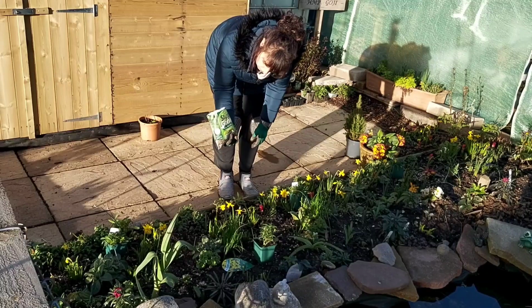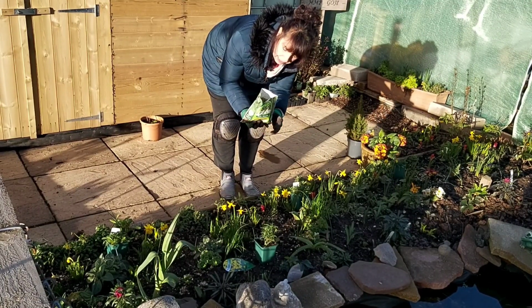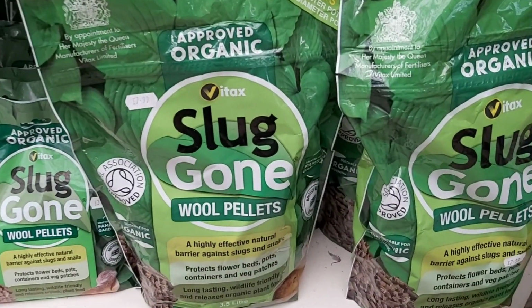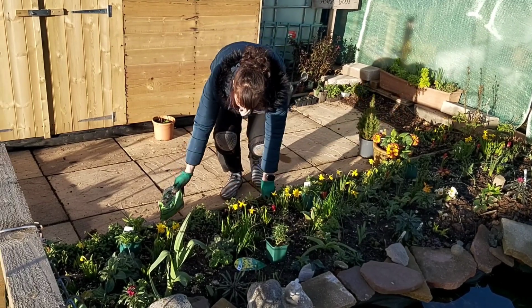I've found these in the garden centre. They're called slug wool pellets, and that's what they look like. So once I put the plants in that I got from the garden centre, I've got